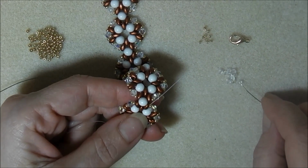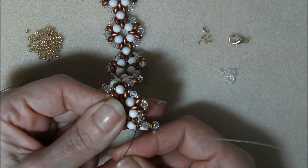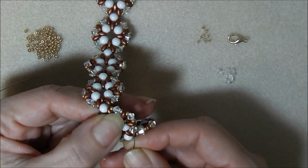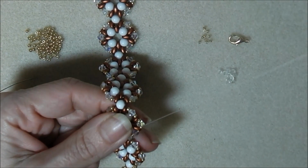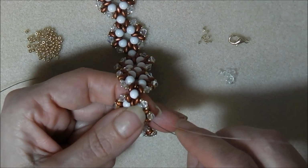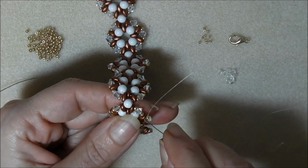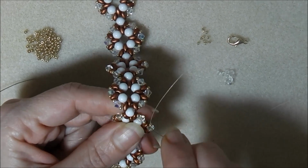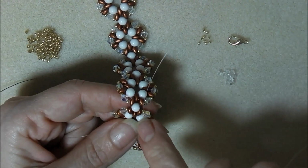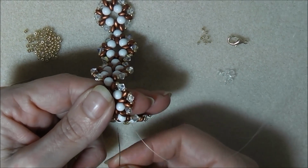So now we're going to pick up the 3mm bicone, skip that gap, and you're going to go straight into the next 11/0 on the next component and do the same thing. Just work your way around the outside. Just being careful not to miss any beads until again you're coming out of this 11/0 just before the Superduo. Pick up your next 3mm bicone and into